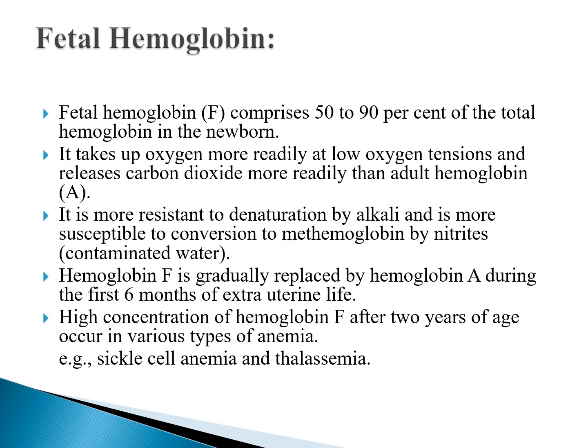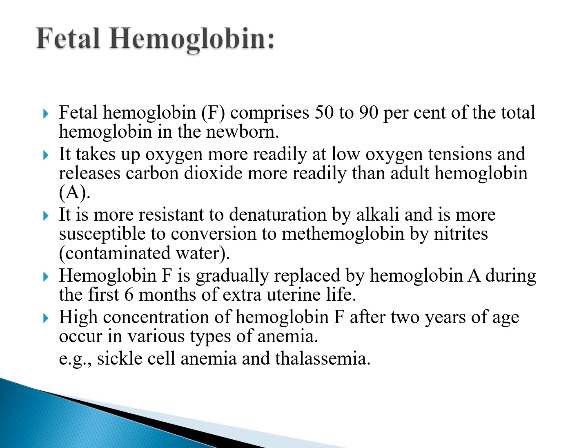Fetal hemoglobin. Fetal hemoglobin comprises 50 to 90% of total hemoglobin in newborn. It takes up oxygen more readily at low oxygen tensions and releases carbon dioxide more readily than adult hemoglobin. It is more resistant to denaturation by alkali and is more susceptible to conversion to methemoglobin by nitrates. Hemoglobin F is gradually replaced by hemoglobin A during the first 6 months of extrauterine life. High concentration of hemoglobin F after 2 years of age occurs in various types of anemia, for example sickle cell anemia